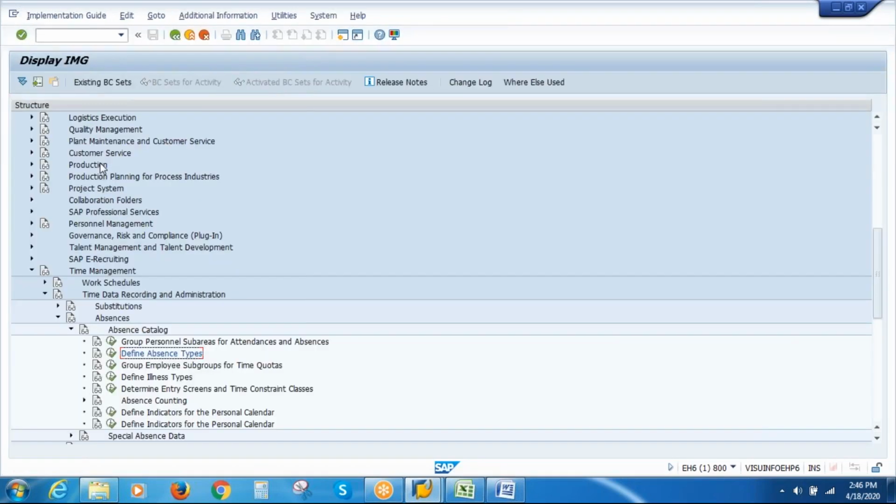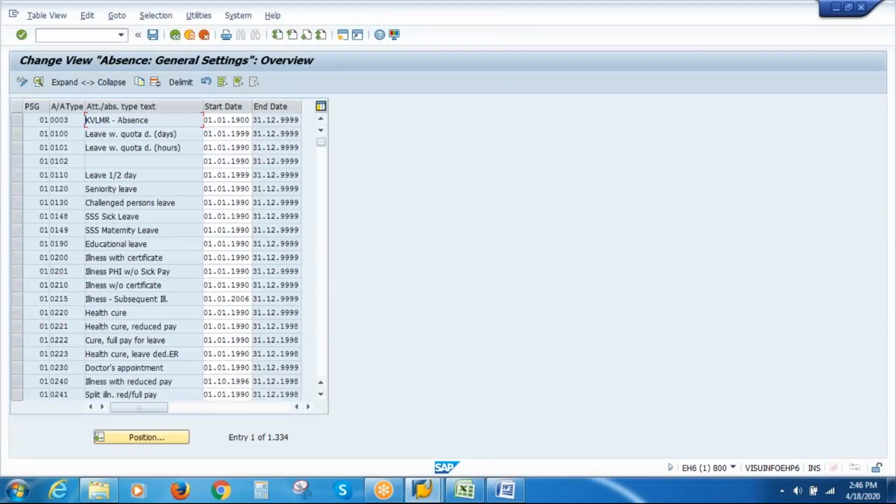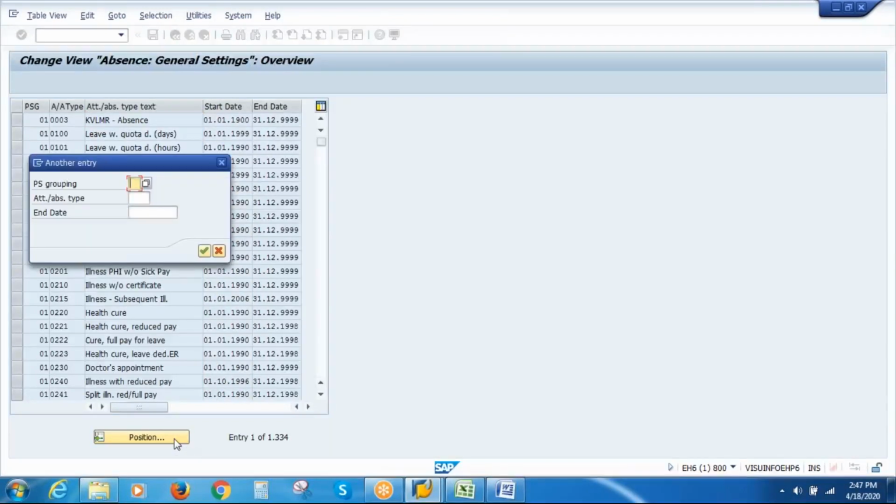Navigate back further. Then determine entry screens and time constraint classes. Here, identify the absence type that we have booked. It is 0 to 8,000